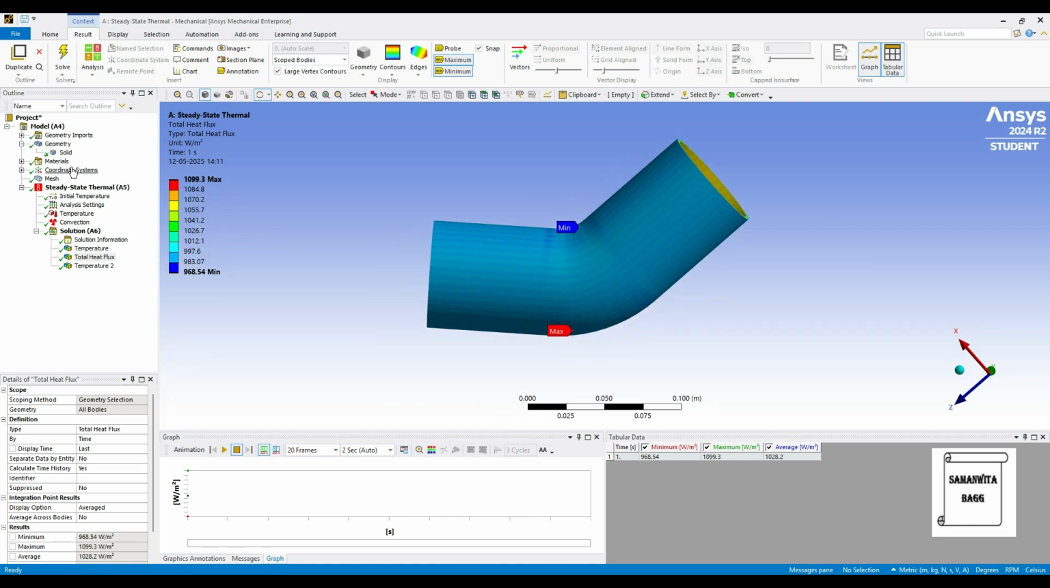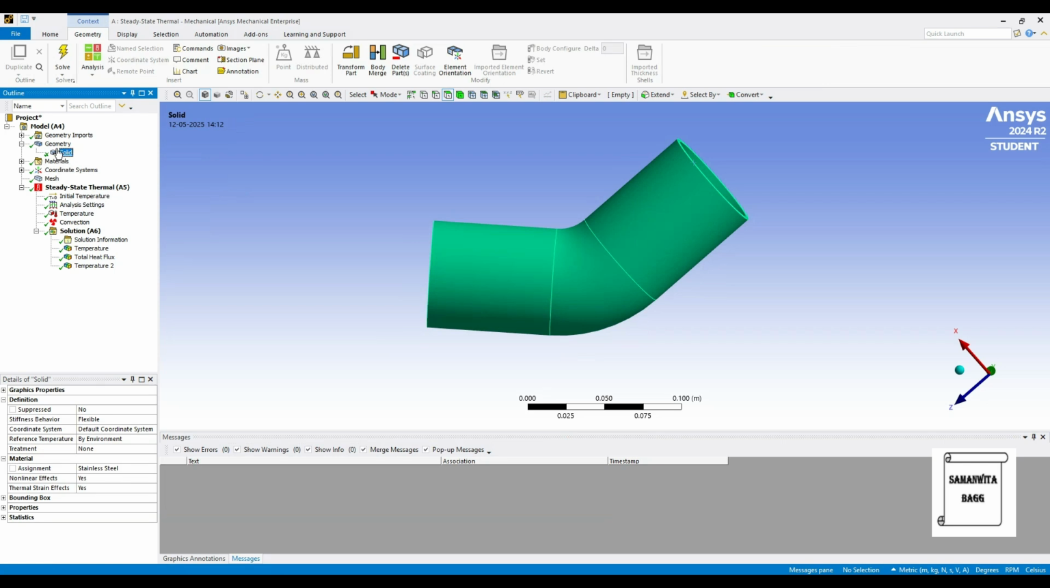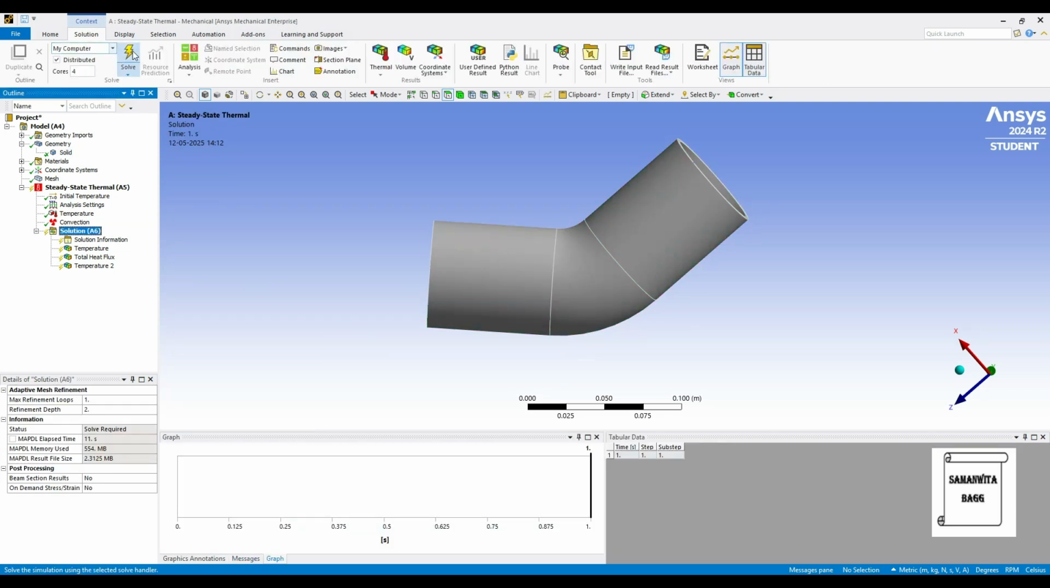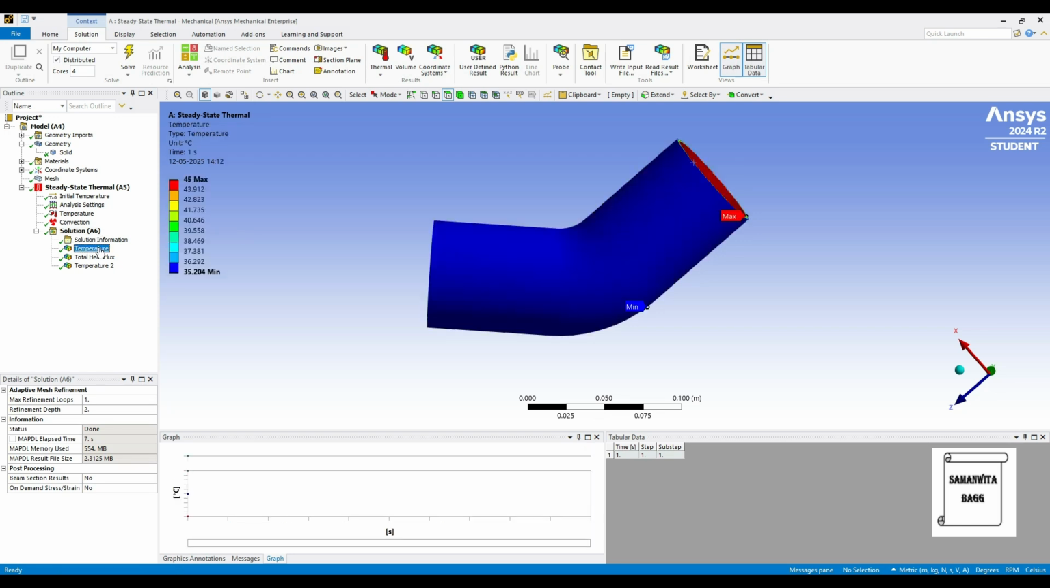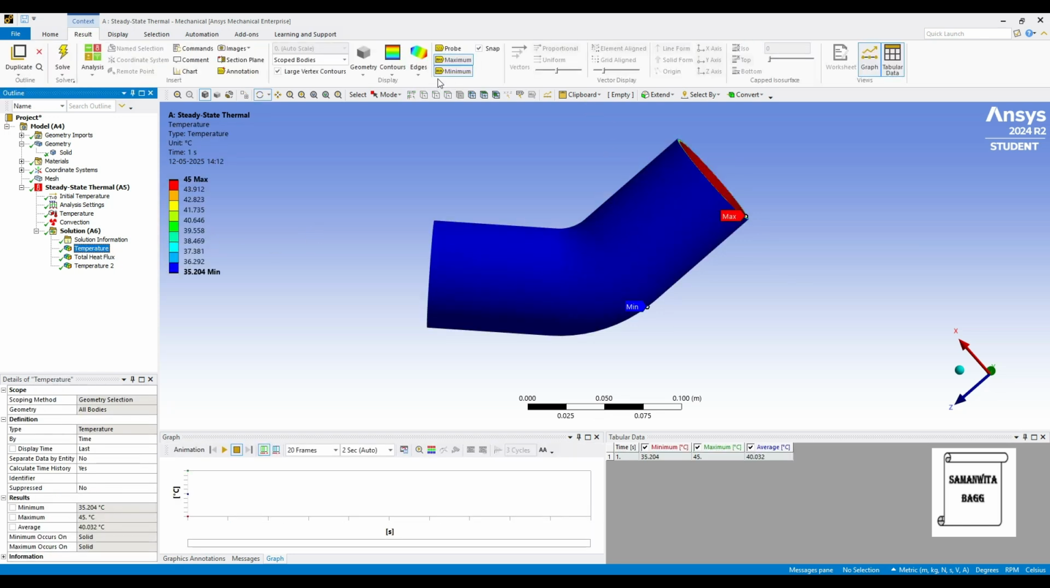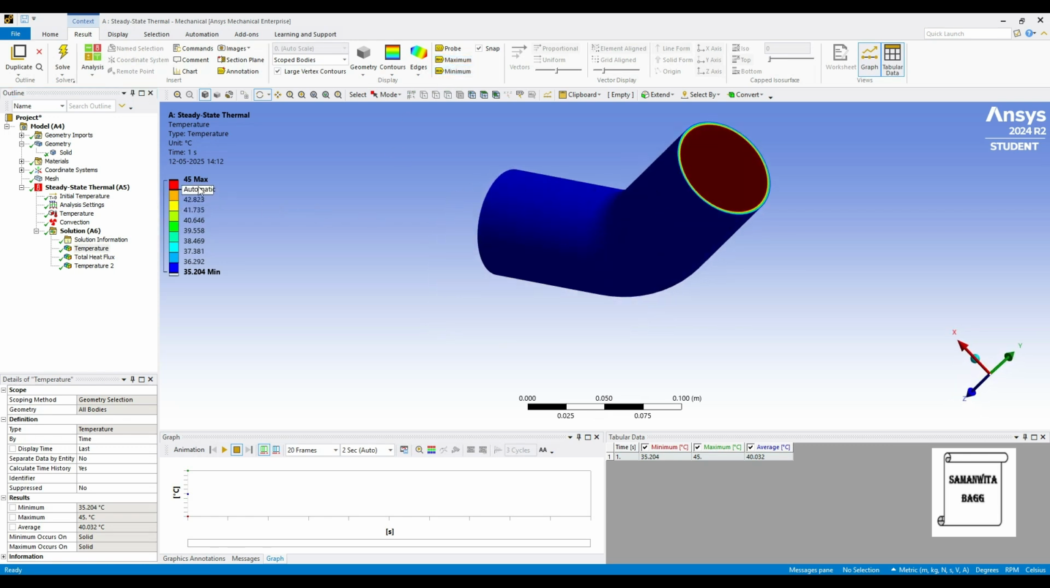Suppose if I want to see the result for CPVC, I'll go to solid again, change the material to CPVC, go to solution and solve once again. First we'll go to temperature. Now you can click on max min and remove these tags. So now you can see the inner